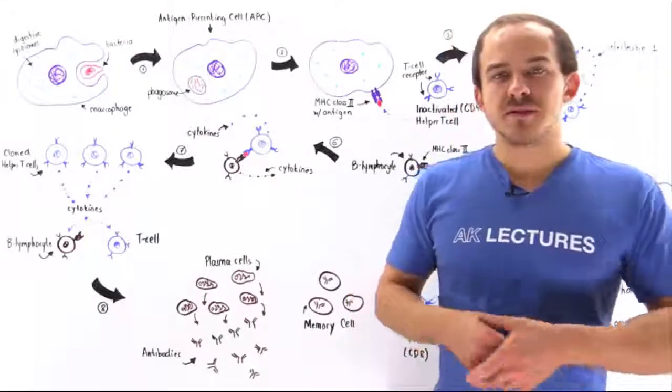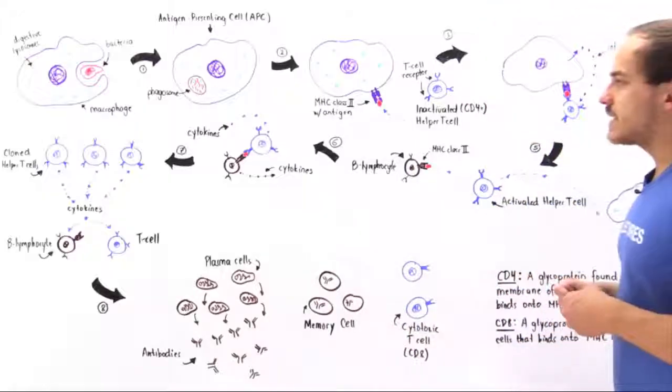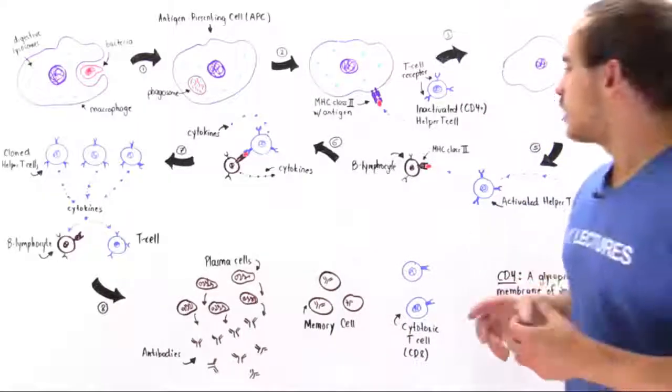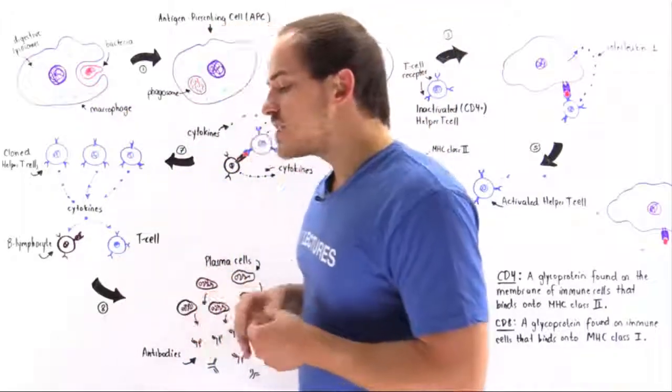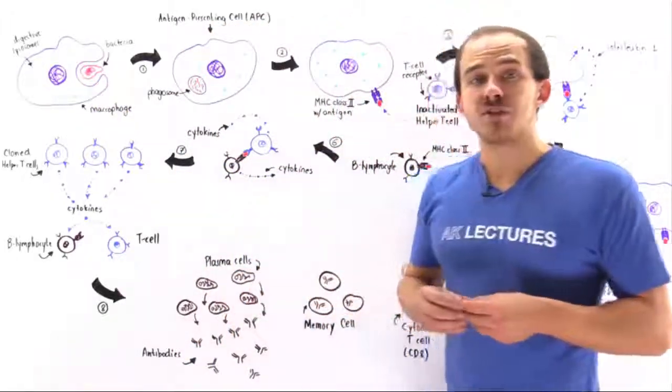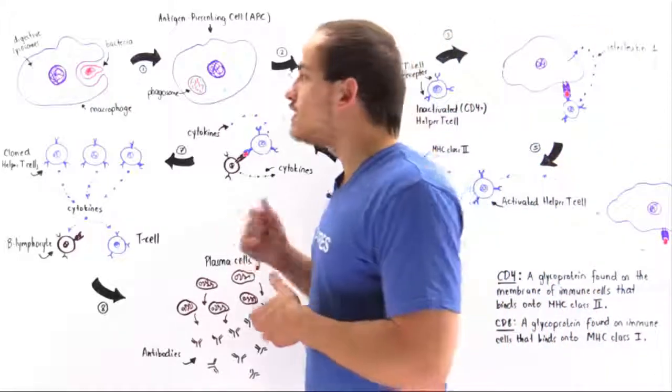To gain a better understanding as to how our immune system actually works, let's take a look at the following diagram, at the following illustration. So let's begin on this side. Let's suppose some type of infection actually took place, and let's say that a bacterial cell got into our